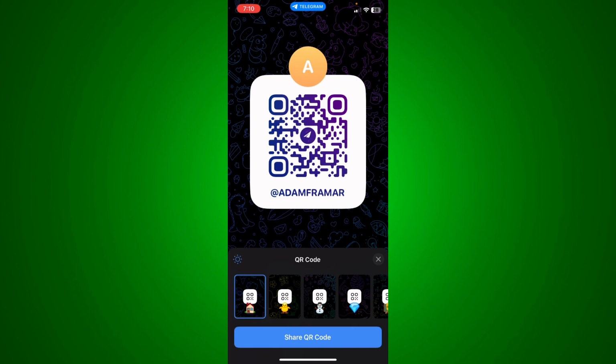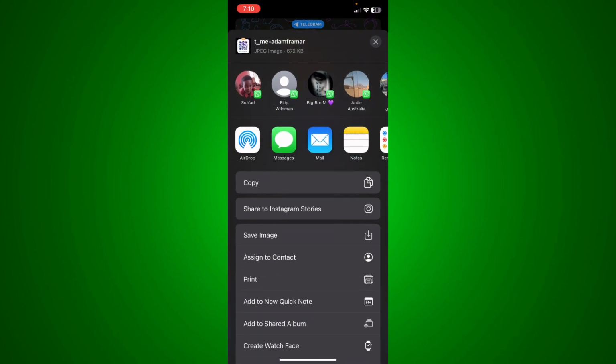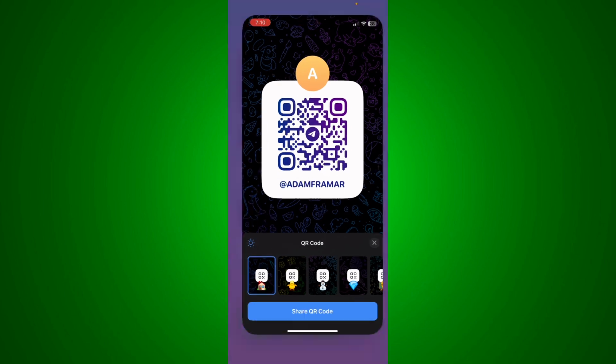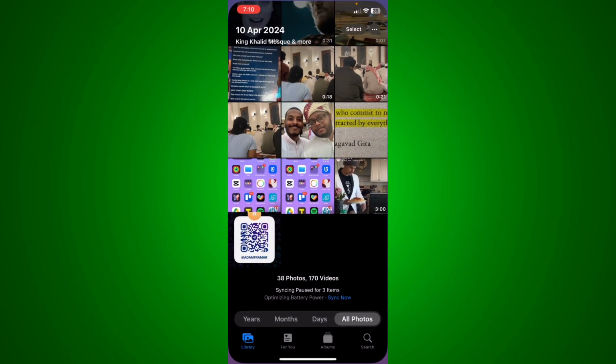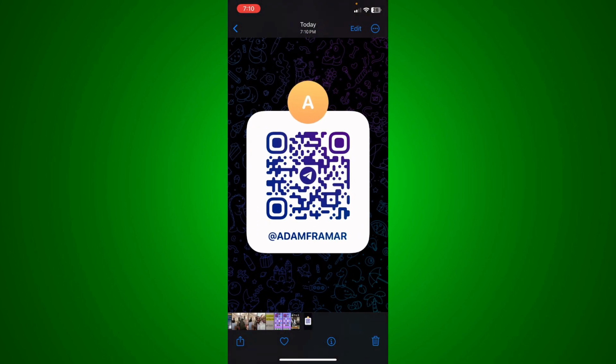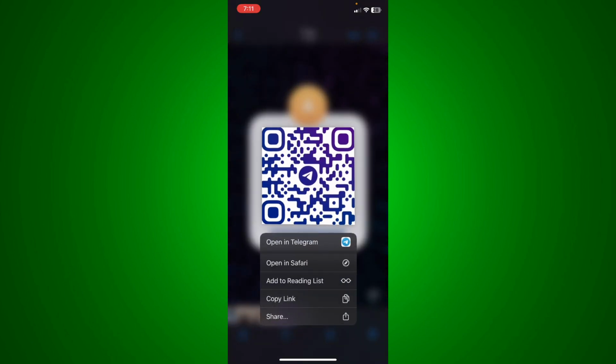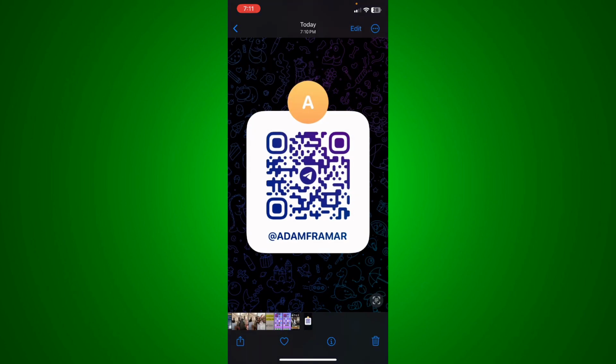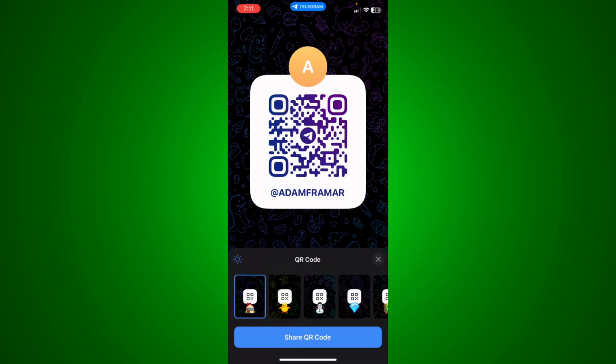And what you're going to do here, you're going to see the barcode at the top left. Click on it and save it to your images by clicking share, and you'll be able to save the image. Then go back to your screen, go to your photos, and click right here on Telegram, and basically just hold the barcode, and you'll be able to open